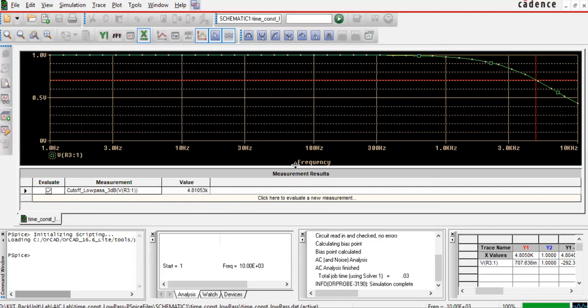This shows that our circuit works perfectly for this low pass filter. Now of course this range you can extend to your wish depending upon what kind of curve you want. If you further want to increase this range, then there will be a different shape of the curve. However, this cutoff frequency, magnitude, everything will remain the same.